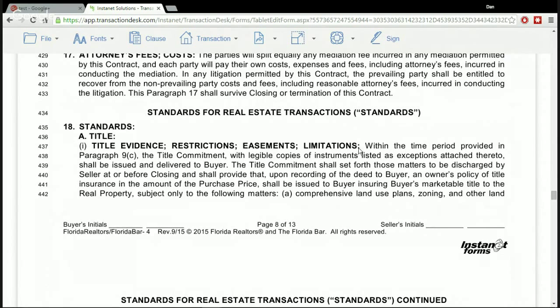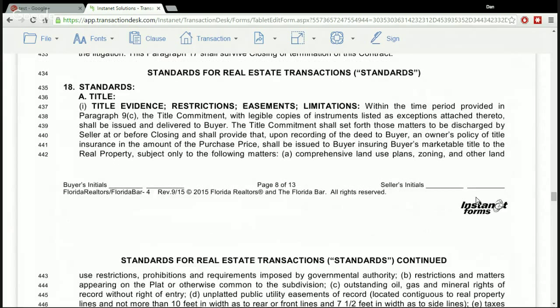Title evidence, restrictions, easements, and limitations. This is basically the title commitment is going to set forth any issues with title that need to be cleared, that show restrictions, and the title commitment is going to set forth the matters. You see right here, those matters that should be discharged by the seller at or before closing, and to provide that upon recording of the deed to the buyer, an owner's policy of title insurance in the amount of the purchase price shall be issued to buyer, ensuring buyer's marketable title to the real property, subject only to the following matters. So, comprehensive land use plans, zoning, and other land use restrictions,